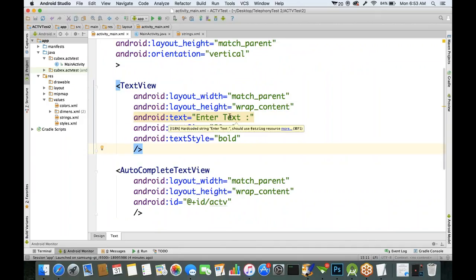If you put the cursor on this one, see what message it is showing: I18N hard coded string enter text should use string resource. Meaning it is telling us, don't hard-code the string. Wherever you have a requirement of displaying text,